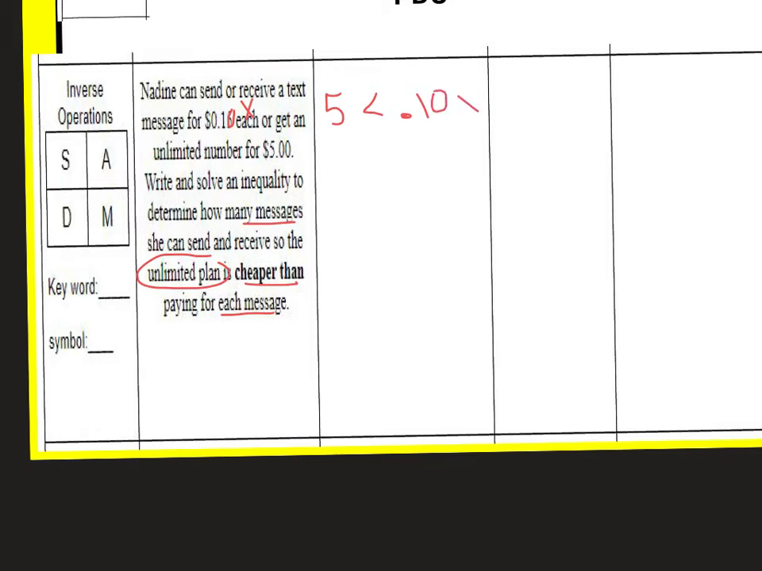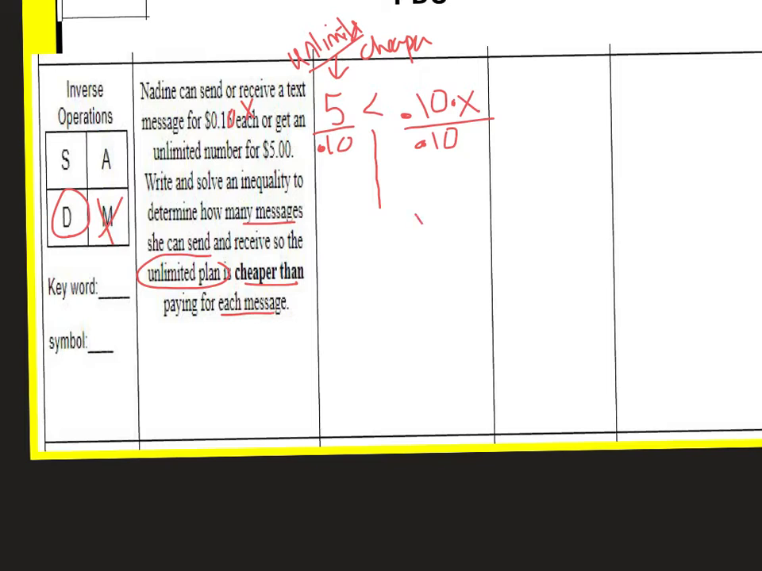Here we go. Okay, so there's my inequality. I want to know when the unlimited plan is cheaper, when it is cheaper than paying every single 10 cents for every message. So we're going to solve this like we normally would. I know that this says 10 cents times the number of text messages, so I'm not going to multiply. That means I need to divide by that coefficient. So if I divide by 10 cents on both sides, and I take 5 and divide it by 10 cents,